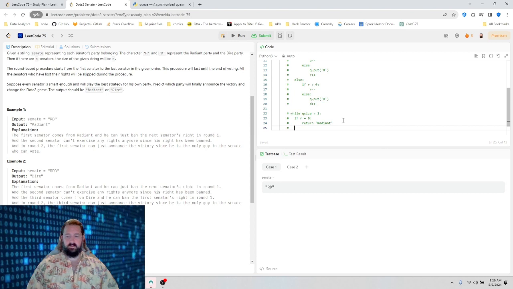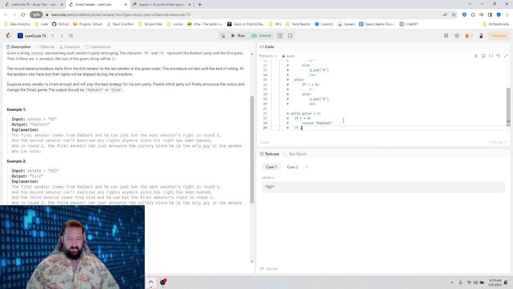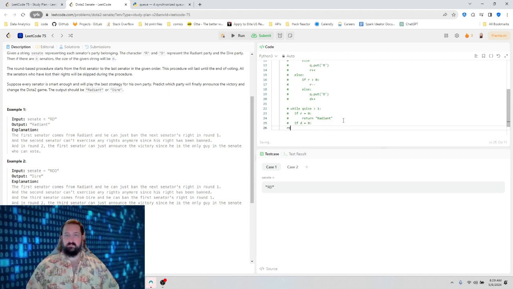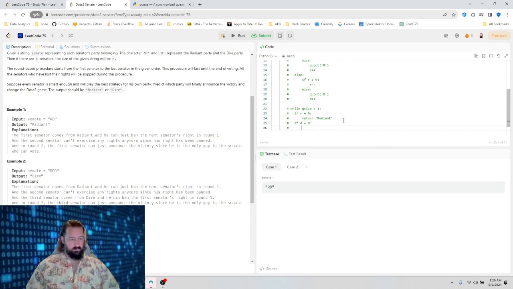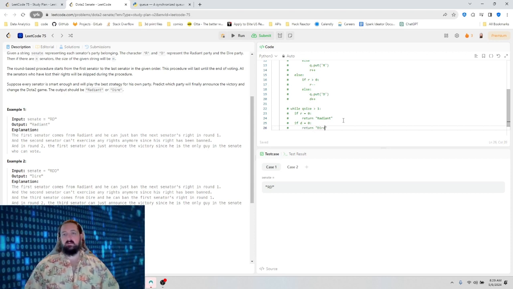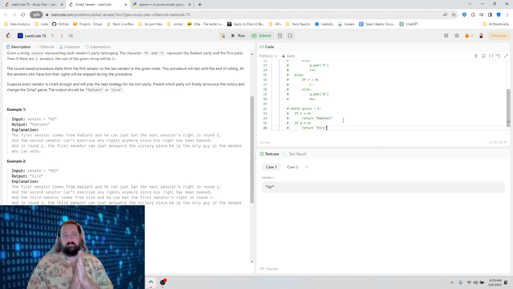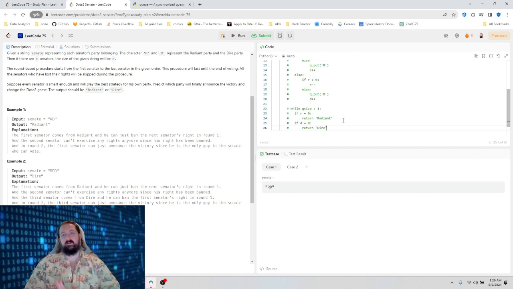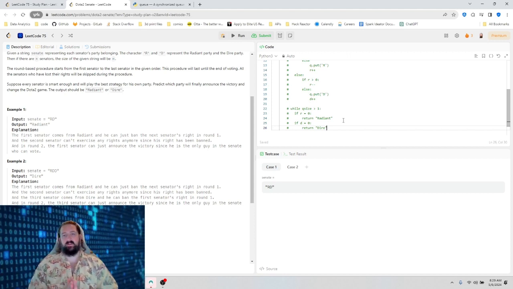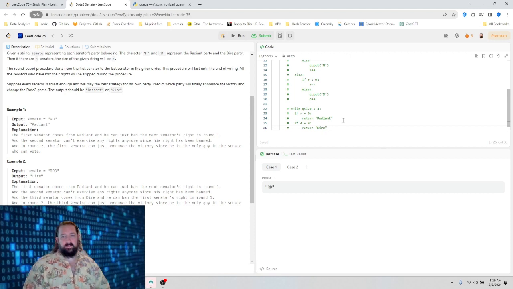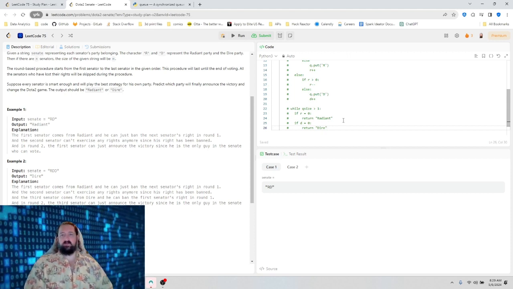Elif, I guess I don't need else. If D equals 0, return Dire. So we're going to go through the queue while there are senators in it, essentially while there's more than one senator. If at any point there are 0 R's or 0 D's, we immediately return.